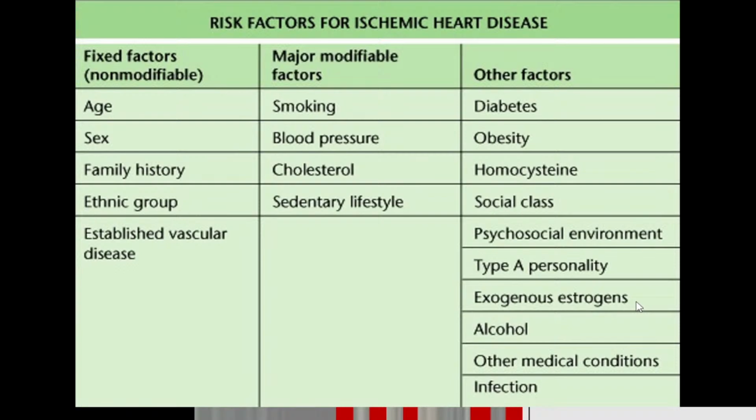Remember, the female population is defended by estrogen levels. That is why the incidence of coronary artery disease in the female population is less. Alcohol consumption also influences the development of coronary artery disease,